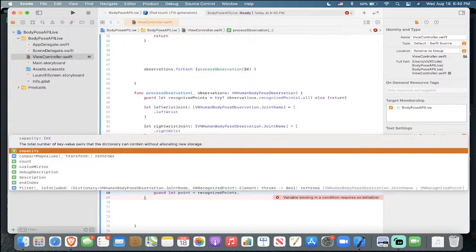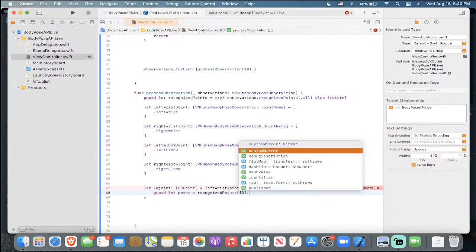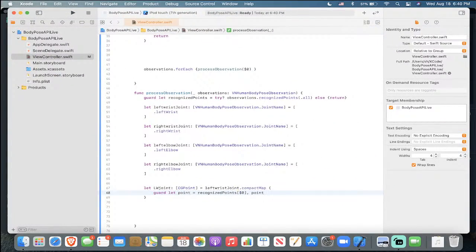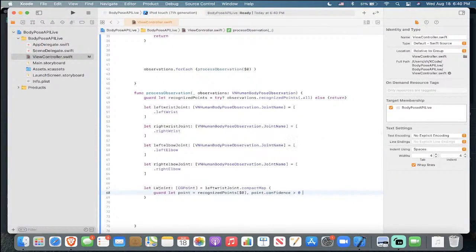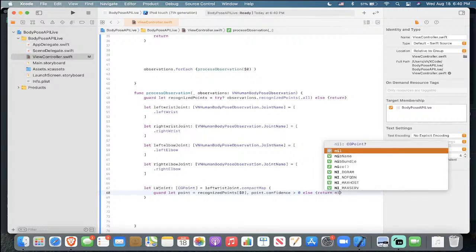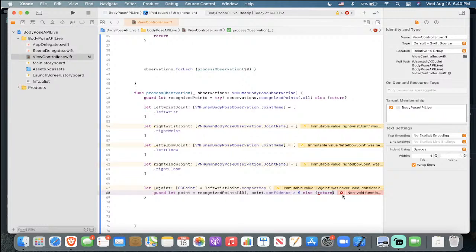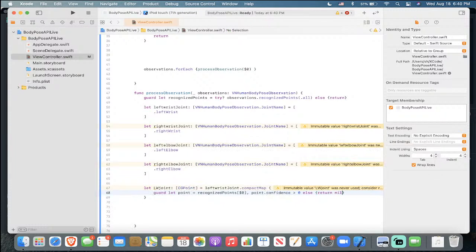recognized points dot, no, recognized point, actually going to do $0 for immutableness, dot, so point dot confidence is greater than 0, else return. We could do return nil, but for now there's no optional values in this, so that's why we're not going to do that. There is an error saying should return a value, so let's see if I can do return nil. Actually might work. Oh, okay. Sorry about that, we have to return something else. Here we have to return